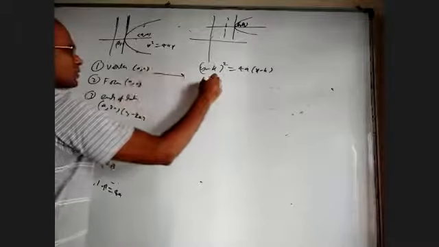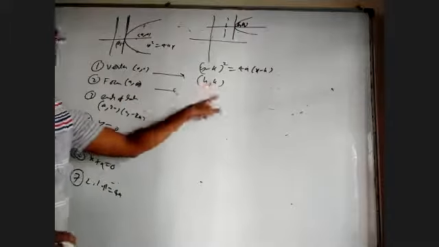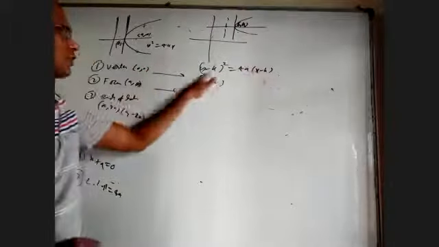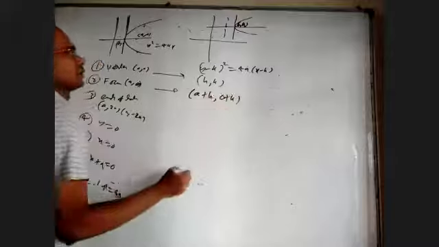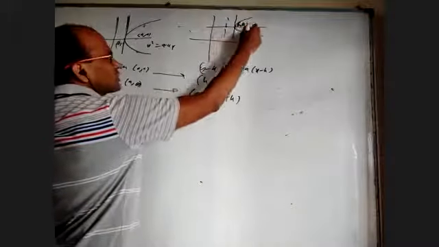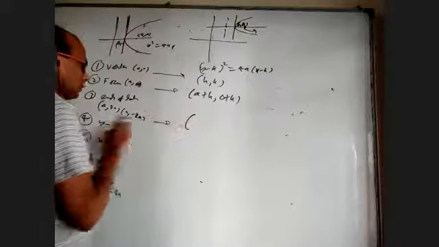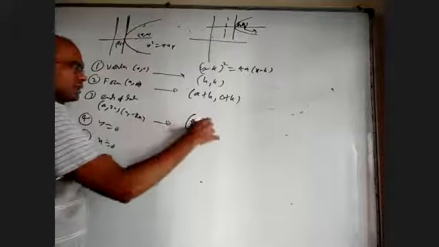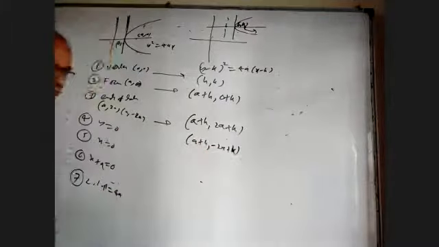For this parabola, what are the different things? The vertex will be (h, k) because of the transformation. The focus also, because (0, 0) became (h, k). Basically, for every x coordinate you have to add h, and for every y coordinate you have to add k. So this (a, 0) will become (a plus h, 0 plus k). This (h, k), a units forward is this. The ends of the latus rectum from there are 2a above and 2a below, so you have to add h and add k: (a plus h, 2a plus k), and (a plus h, minus 2a plus k). These are the ends of the latus rectum.